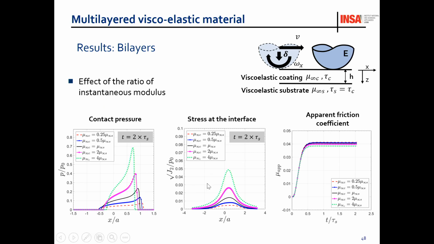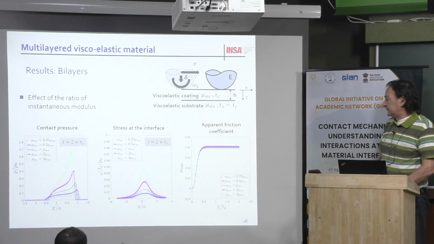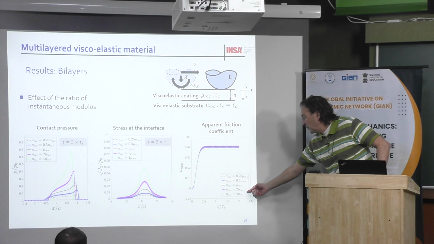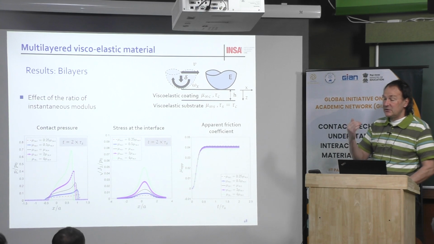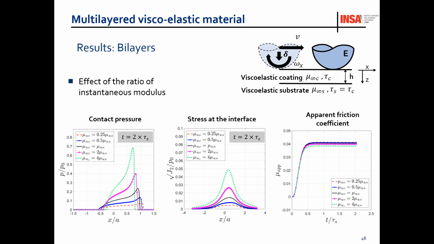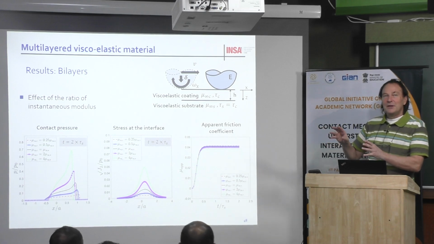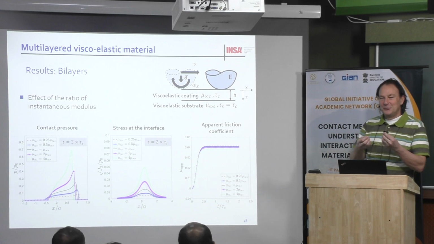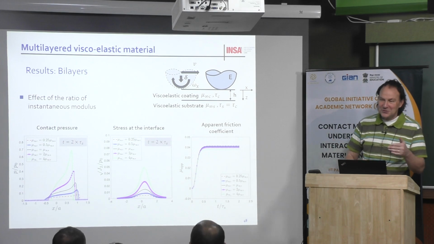And also there is some effect on the apparent friction coefficient that you can see here. I will not discuss that, but when the coating is harder at infinity than the substrate, it will decrease the friction coefficient. It's normal because there is less dissipation and less deformation. Then I think it's quite logical. Each time you find some result, you have to try to explain by hand if the results are correct or not. And okay, when it is logical, there is no problem. When it is not logical, you have to think about why.